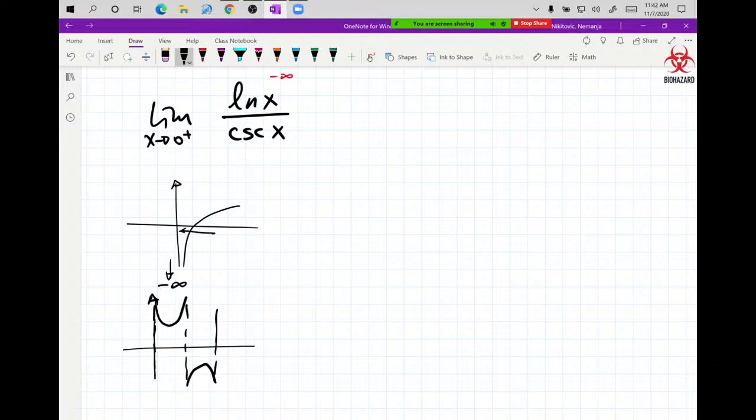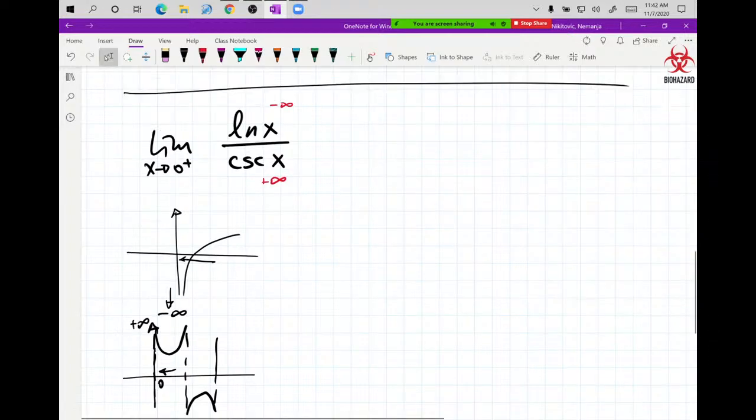Now, being that this is where 0 is, if you go to 0, it goes up to positive infinity. So I have positive infinity here. This is infinity over infinity, which is also an indeterminate form, which means that we can use L'Hopital's rule to take derivatives of the top and the bottom independently from each other, and